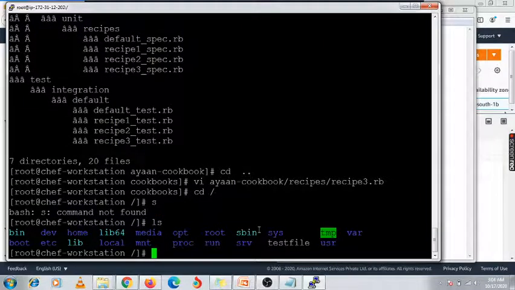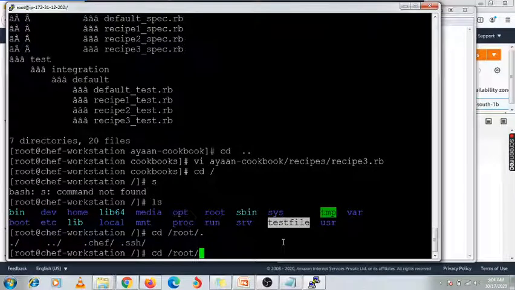The file which I have created, I just need to show which file we have created. ls. So this test file I have already created, right? So I need to mention this same file name with my recipe. So again I am going to move under slash root, slash home, slash ec2-user.